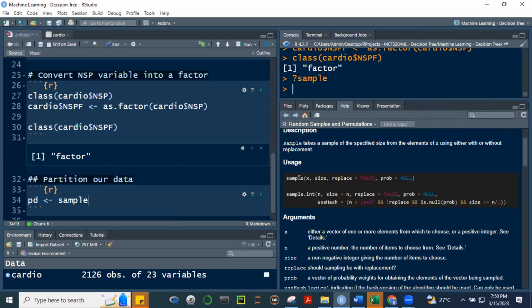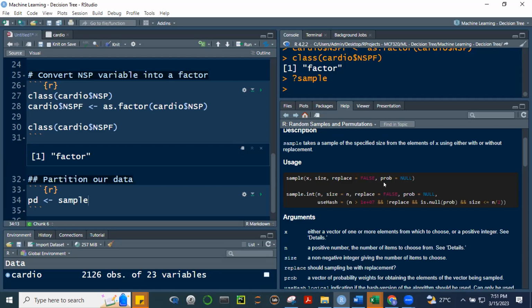So this is the syntax. From your X data, anong size ang kukunin natin? So either with replacement or without replacement. What's the meaning of with replacement? Ang ibig sabihin ng with replacement, imagine a container with let's say ping pong balls, different colors, kunyari, doon sila lahat. O kaya marbles or whatever object you have there. So when you draw out from that container, okay, you take one.